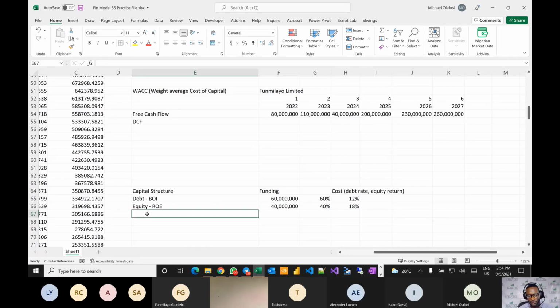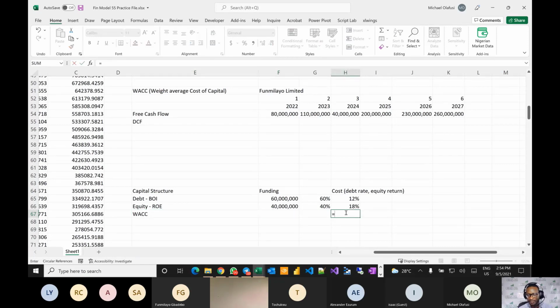So what does that mean? What does WACC then mean? The WACC simply says, I take the cost of debt, right? I multiply it by the weight of debt. Weight of debt in this case is 60%. Debt accounts for 60% of your capital funding, that's why it's called weighted average cost of capital, okay? Plus, now, the cost of equity, right, times the weight, what portion is equity?